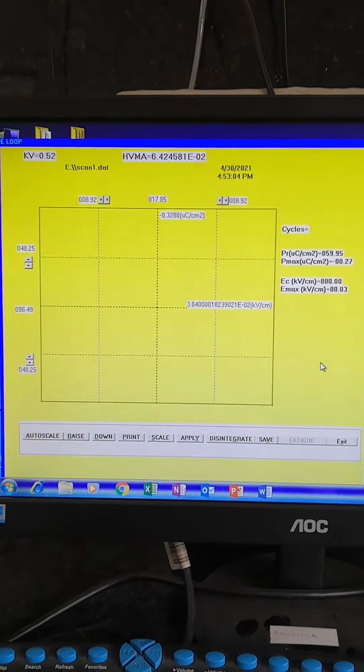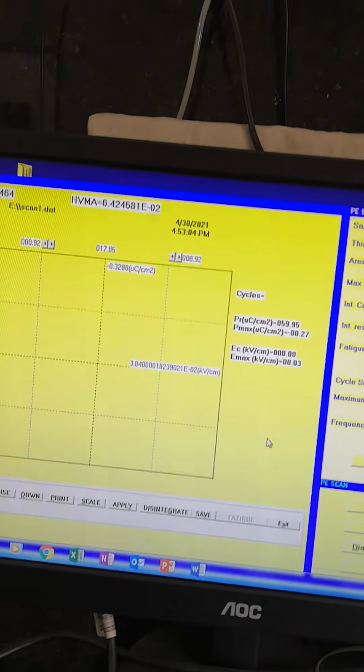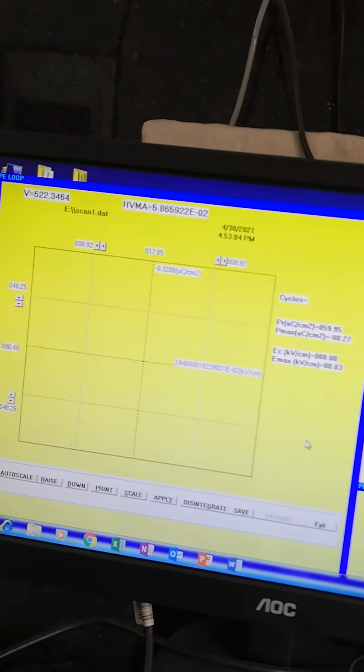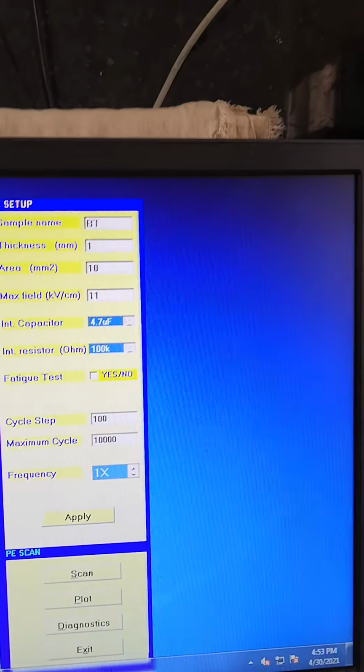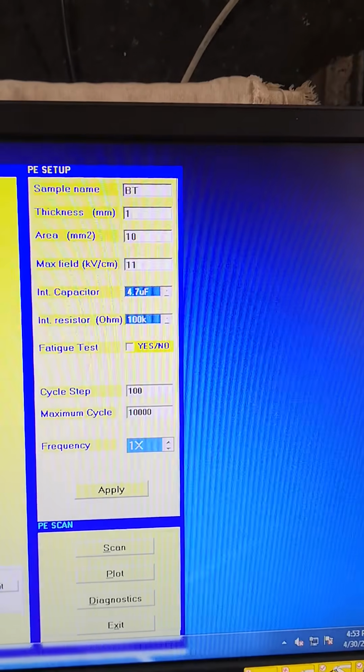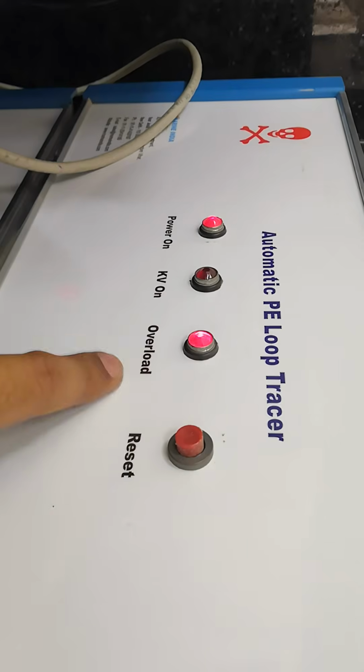So now as you can see, at this point when we have applied the maximum field of 11, you can see here the overload light is blinked.